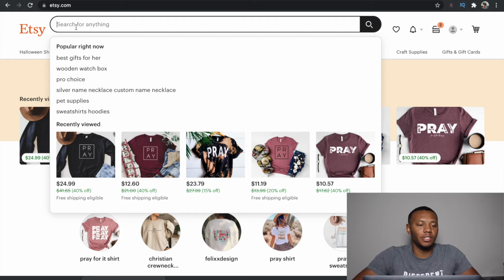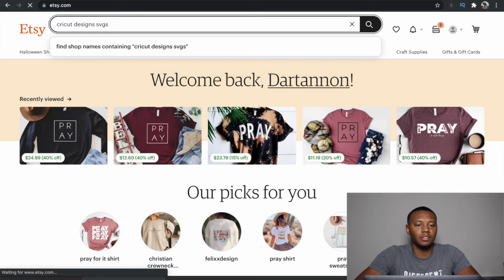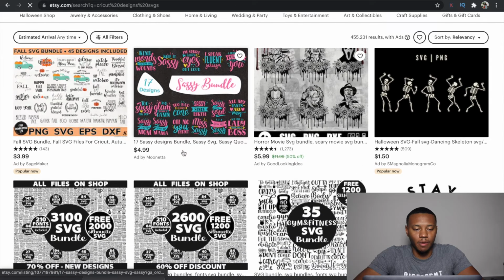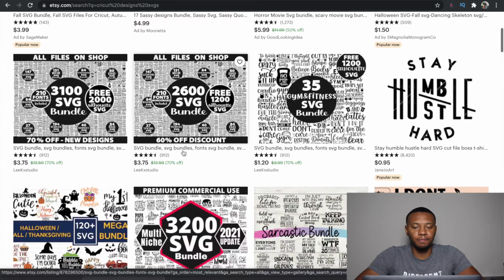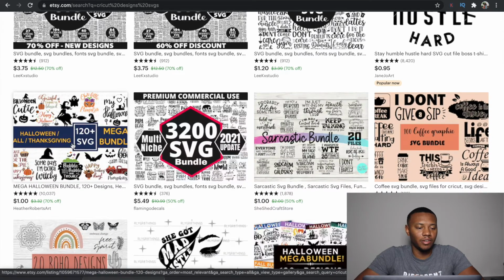But let's go up here and just search up Cricut designs, SVGs. Okay, so look, as you can see, a bunch of files that you can just download right now to get started. This is all you need. Especially, look, got one here for Halloween and Thanksgiving, so we know that's coming up. That's gonna be a major deal. So this can pretty much get you going and get you to making a whole lot of money on Etsy